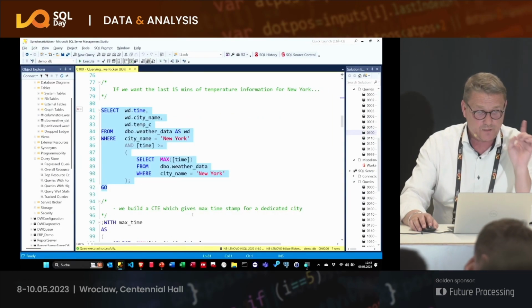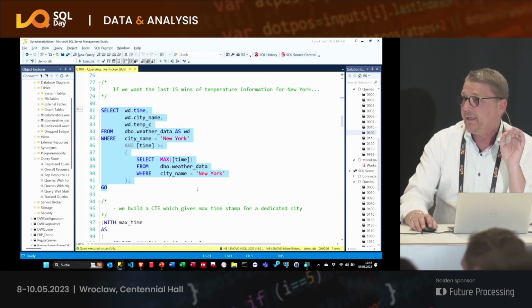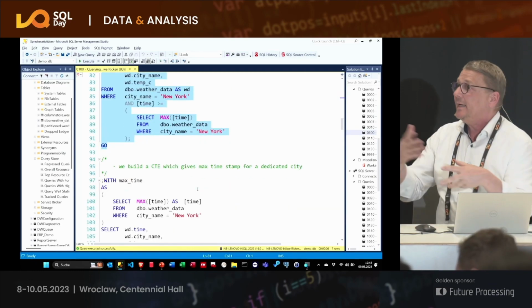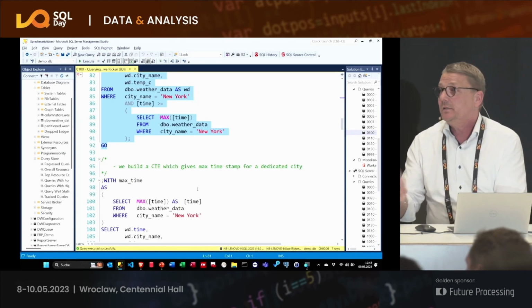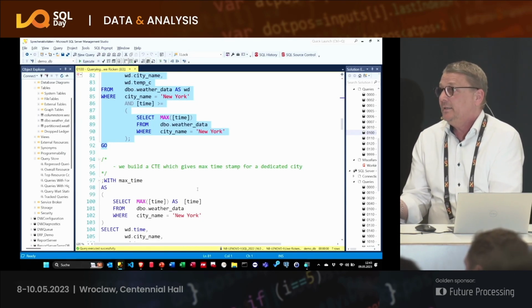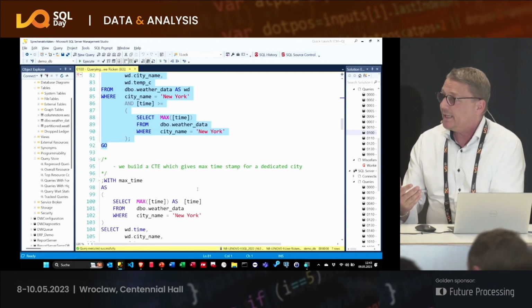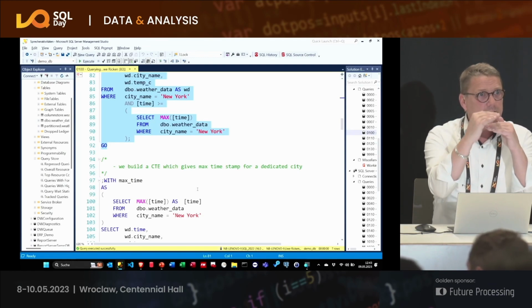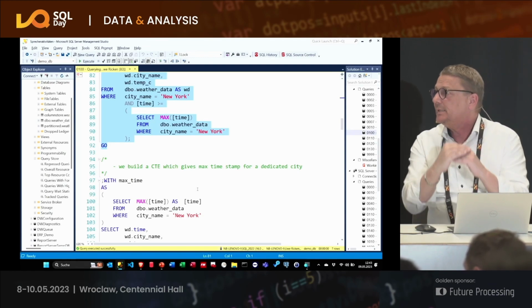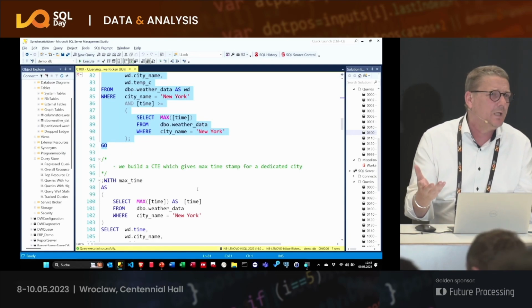Very simple, very easy. But this is not the only way you can handle this. It might be that you prefer to work with subqueries. No worries, why not? Do that. But to be honest, I love to work with CTEs in that way, because CTEs give me the opportunity to create my solution step by step by step by step. For me, it's a matter of what you like.